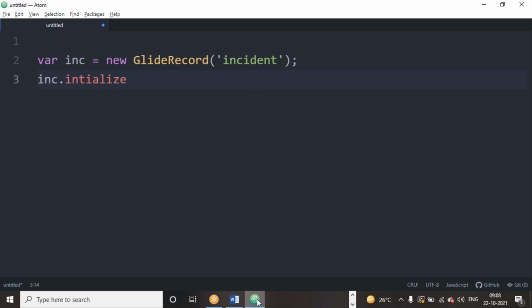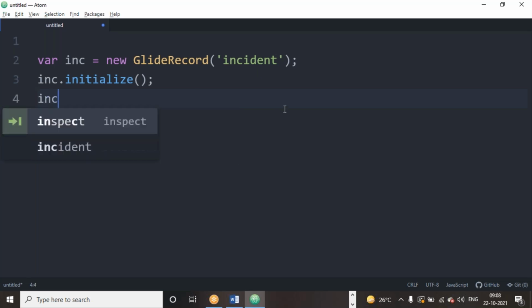Initialize is one more method in Glide Record which is used to compose the form. It's equivalent to composing the form. Initialize. Check the spelling once again. Then, what field values do you want to fill while creating or inserting a record into this table? inc dot short description